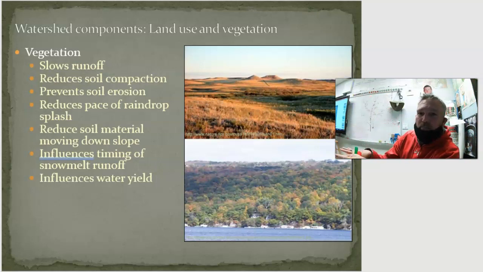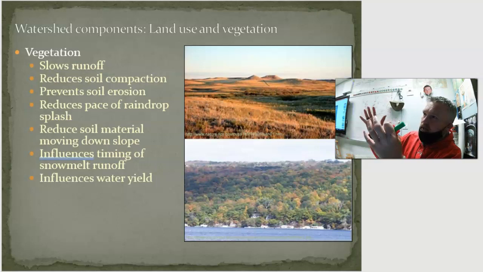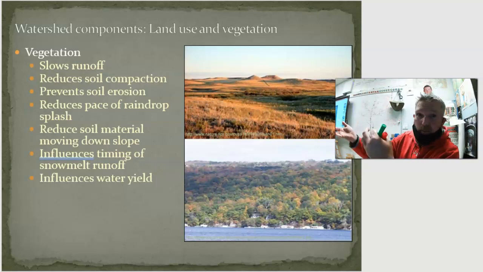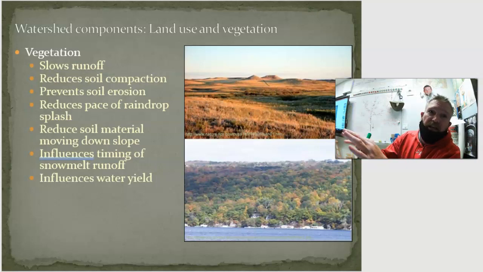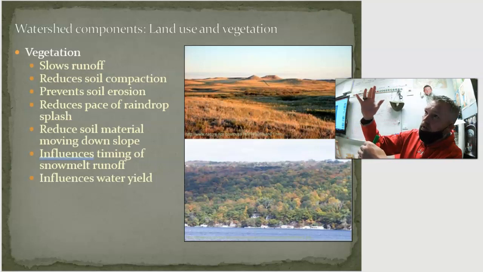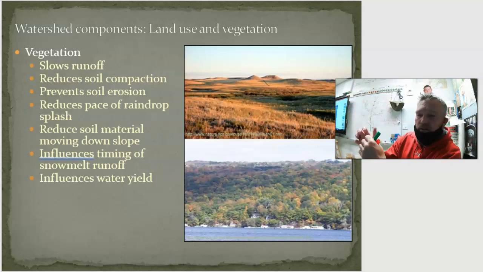And so the soil stays in place better because of that, which is kind of weird. You don't really think about it. And then it also will help influence the timing of snow melt and runoff, especially at elevation. A lot of your vegetation will aid in how fast snow melt occurs, and that's typically in the mountains. When you start to get snow melt, most of the trees are evergreens. They have leaves on them. They provide shade, which helps the snow stay there longer, even though temperatures are above freezing point, if that makes sense. So it can actually inhibit how fast snow melts.